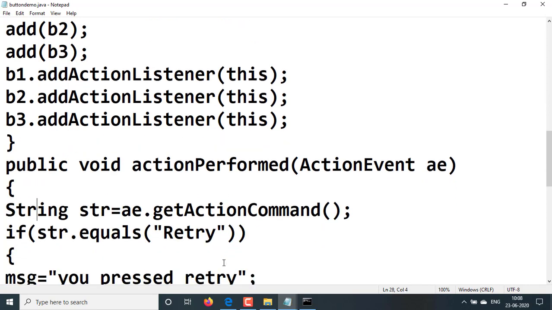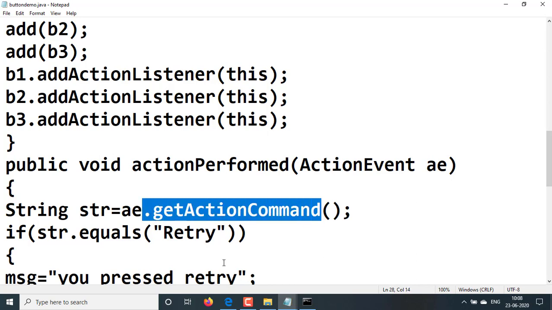In this we have taken another string variable, str. String str equal to AE.getActionCommand(). This getActionCommand method is responsible for retrieving the label of the button which generated the event.